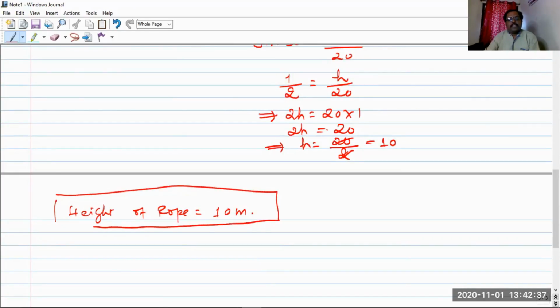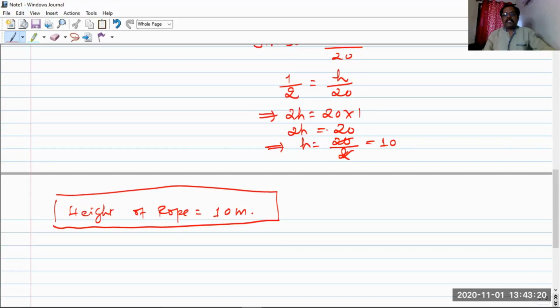It's very simple. What we need to know to solve such an example is only the trigonometric ratios, the definitions of the trigonometric ratios: which ratio is defined in terms of opposite side and hypotenuse, which in terms of adjacent side and hypotenuse, which in terms of opposite by adjacent. All these three basic trigonometric ratios we must know. Once we know that, just compare that ratio, what is given and what we need to find. That will give us the answer to the question of which ratio we need to use, right?